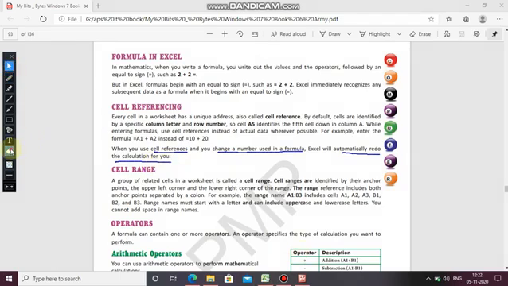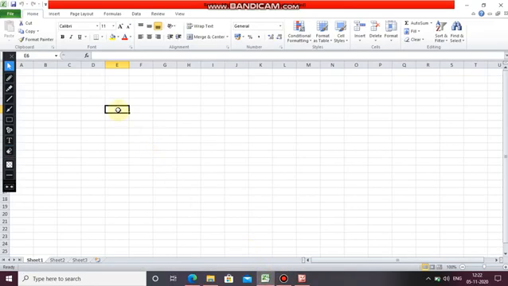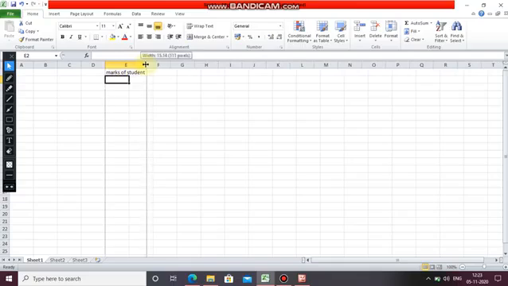So let's see how it happens. Like the example given, you are writing over here the marks of a student, and you are just calculating the marks.